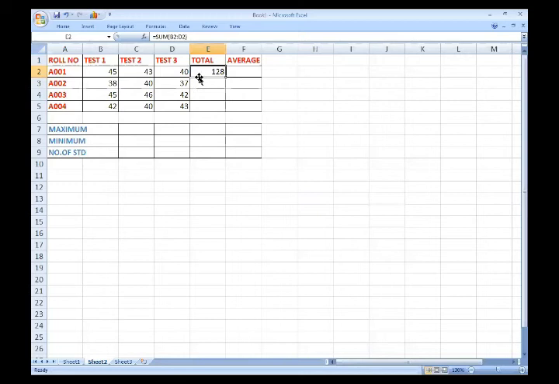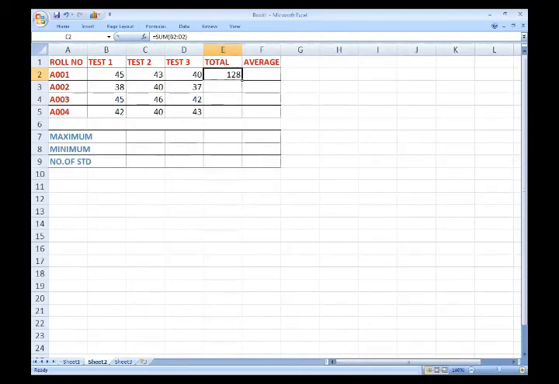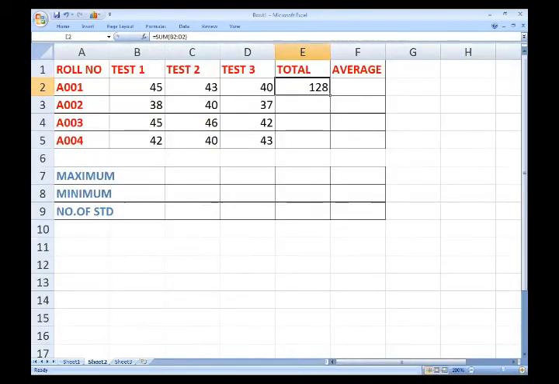Now if you did the sum in one cell, there is no need to write the formula again and again. You will just drag it, so you will get the sum in all the cells. This is the sum of roll number 2, this is the sum of roll number 3, this is the sum of roll number 4.